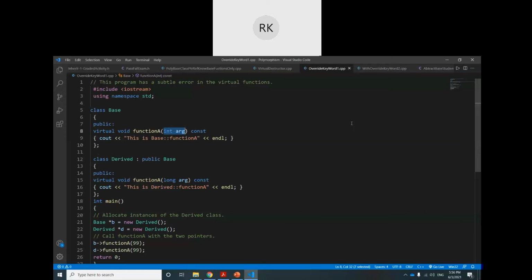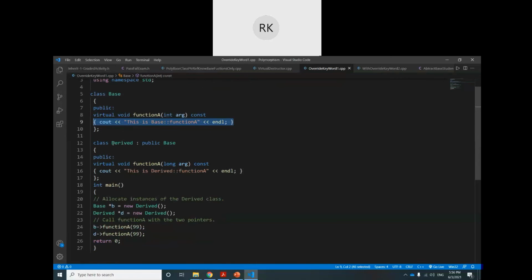I'm showing one problem first, and to remove this problem, we will use the override keyword. So the base class has a function named function a with an integer argument, and it displays just a message. We derive a class, a derived class, from this base class. This also has the same function, the same name.